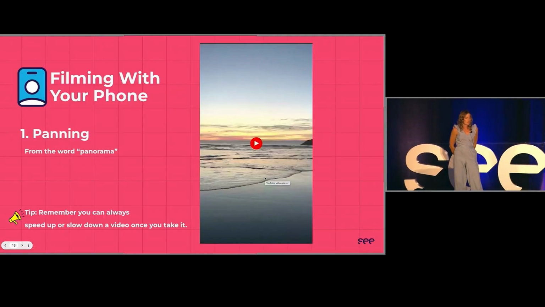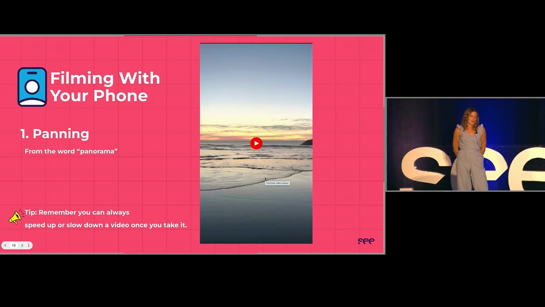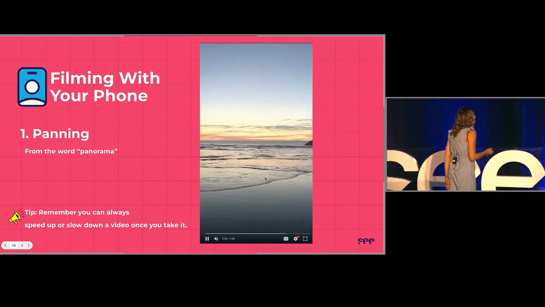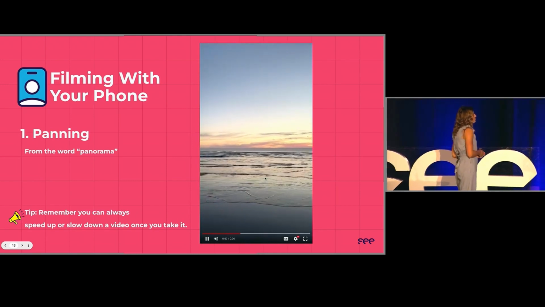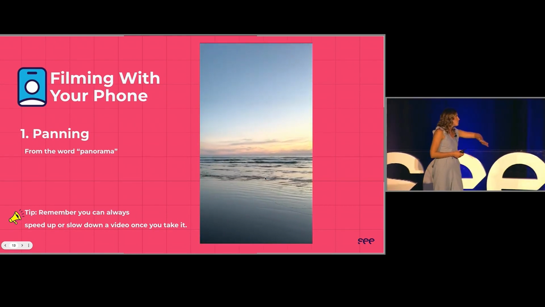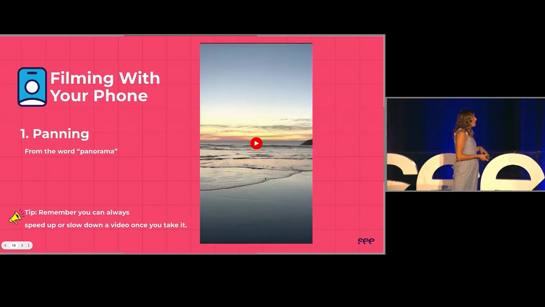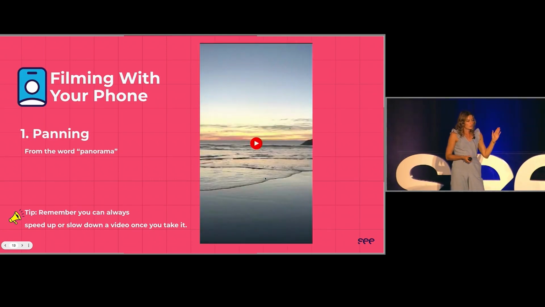So filming with your phone, and this is known as panning. This is my very favorite technique. I do it all the time, and this comes from the word panorama. So remember that you can always speed up or slow down a video once you take it. So this is panning from the right to the left. You can also pan from the left to the right,